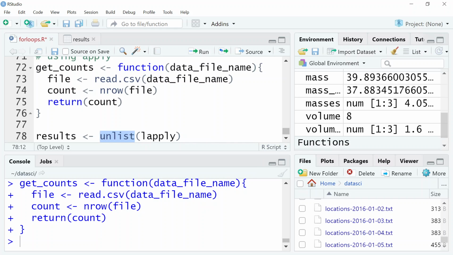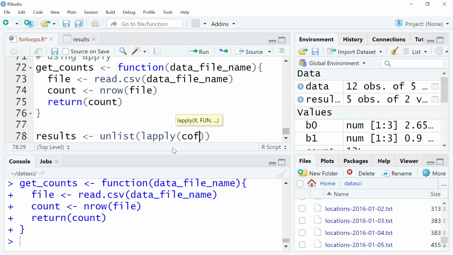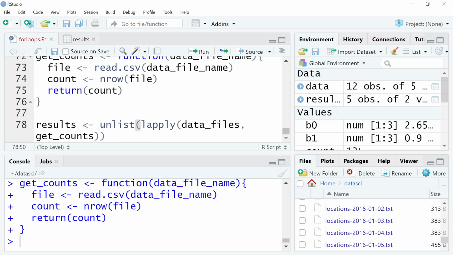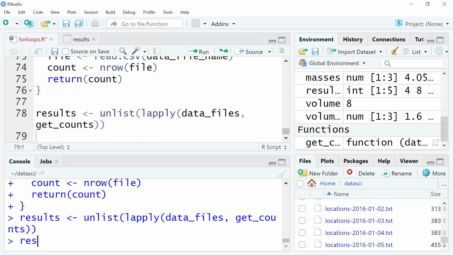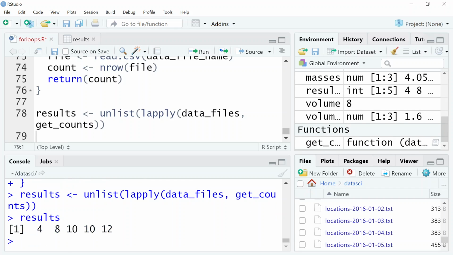So we're going to use this unlist function on our data files, with getCounts. And now we can see our results